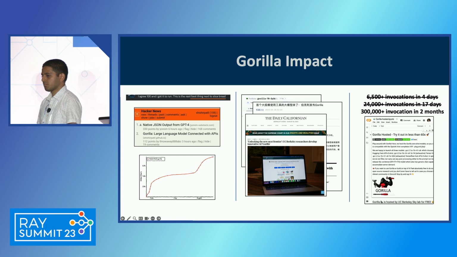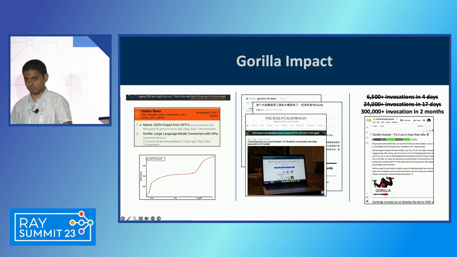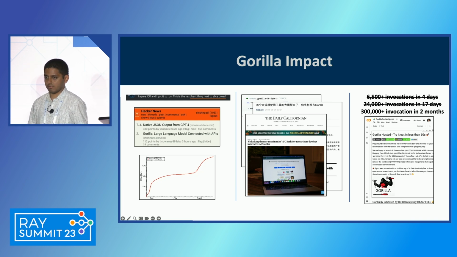But also more critically for us, both domestically and internationally, a lot of popular press and AI influencers and researchers in this field think that this is the right way to go, where you're trying to teach an LLM to use APIs and then have this as a modality to teach the LLM to interact with the world, right? We also have a hosted box from Berkeley, where people hit our service and we give them a chat completion API. So it's basically give us a prompt, we give you an LLM generated response. And all of our models are Apache 2.0 licensed, so you could also use it commercially. And we have seen pretty healthy invocations since the 2 months that we have open sourced it.